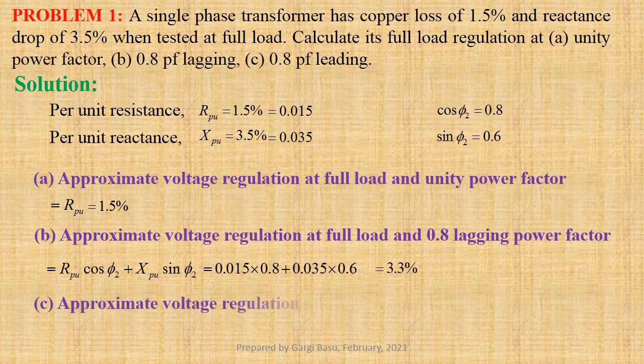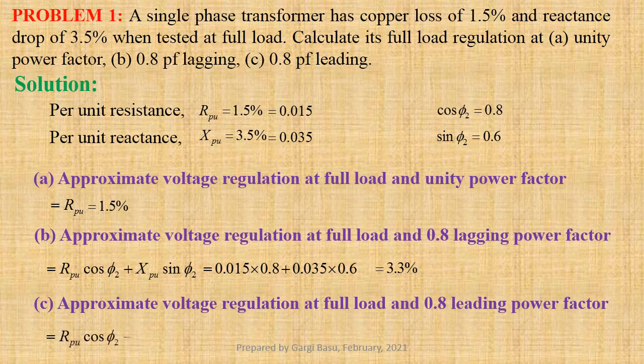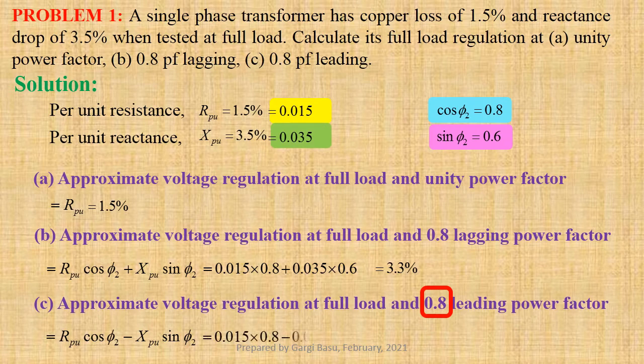Approximate voltage regulation at full load and 0.8 leading power factor equals R per unit cos phi 2 minus X per unit sin phi 2. Using values we get 0.015 into 0.8 minus 0.035 into 0.6, that gives us minus